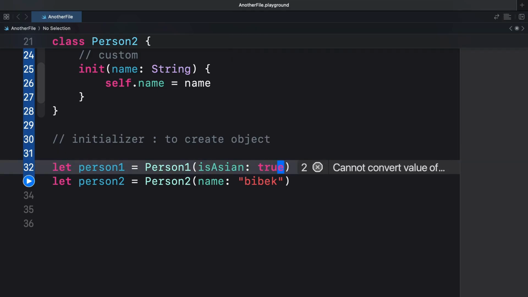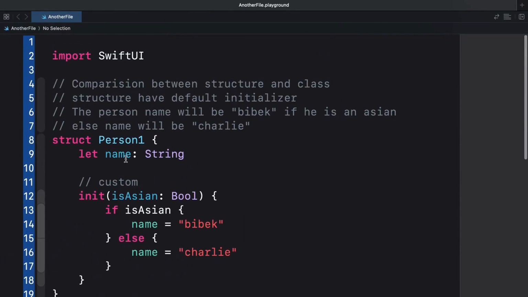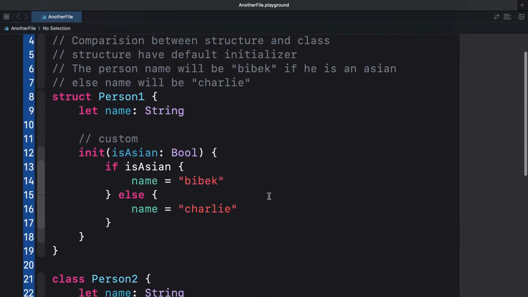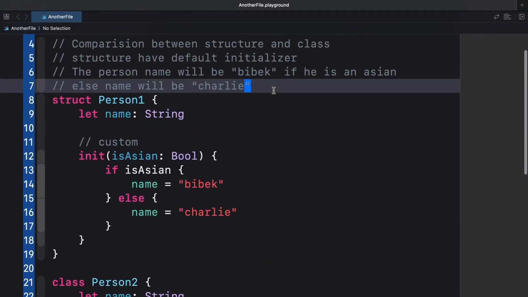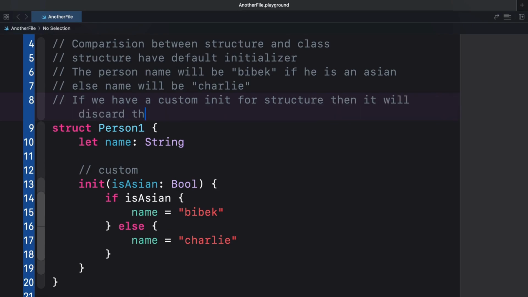Let's say it's true, then the person1 will have the name as Vivek. For person2 it is working fine, and then this works fine. So what we learned is, if we have a custom init for structure, then it will discard the default one, right?